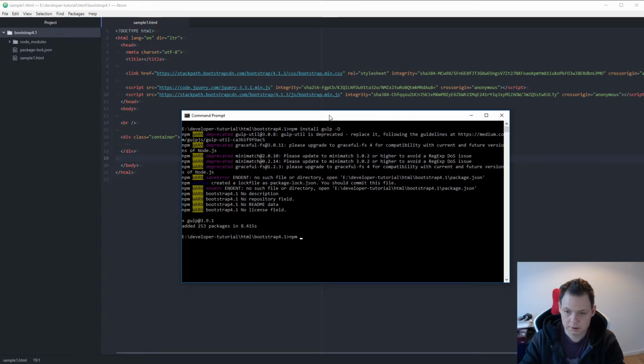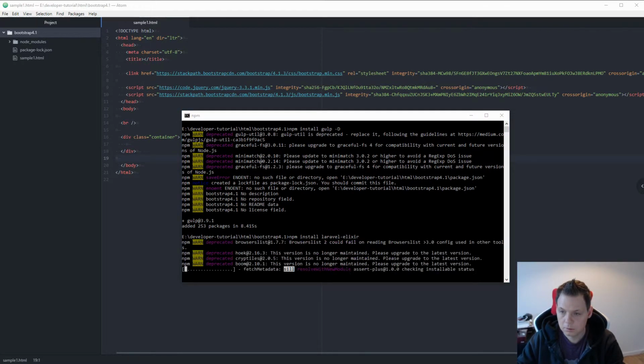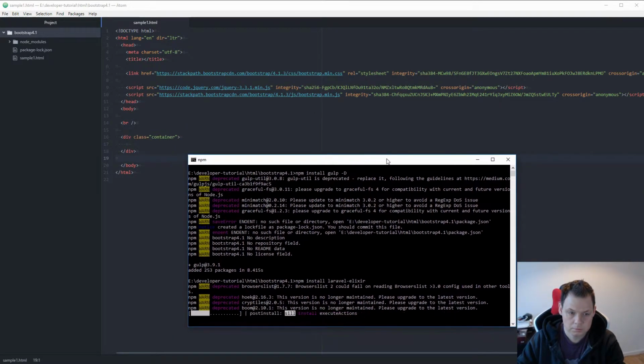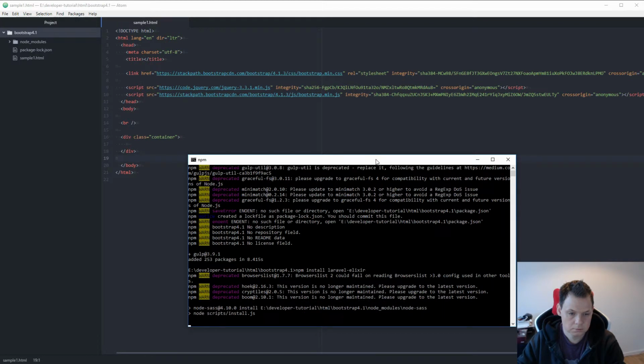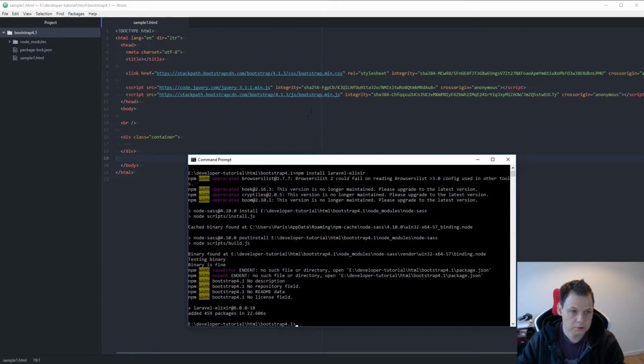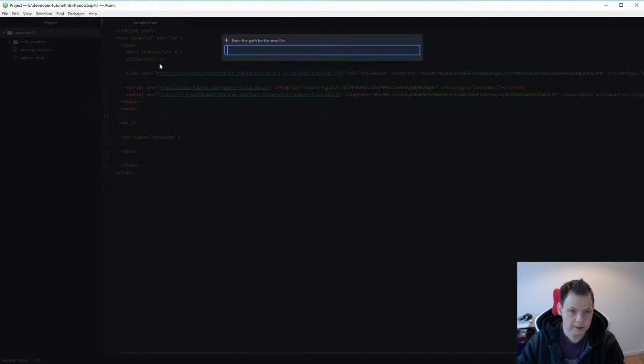And next we want to install Laravel Elixir. And we are good to go for the next step. So let's create the Gulp file,